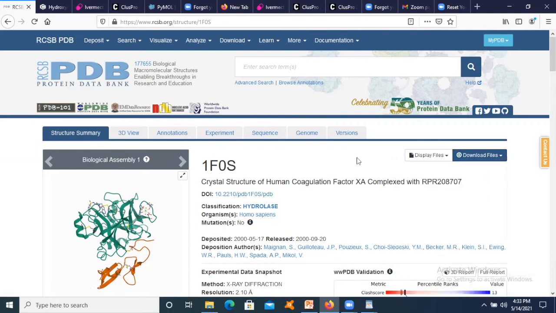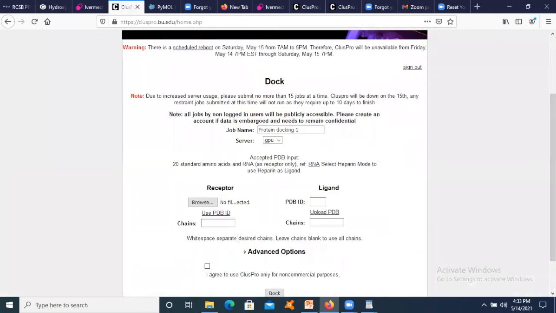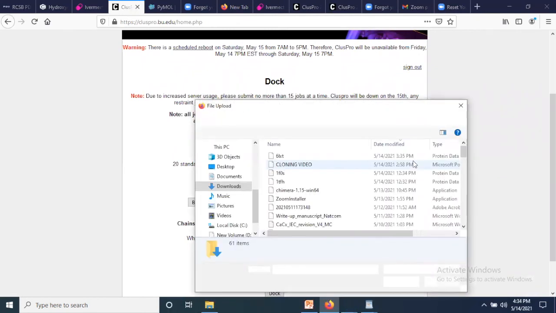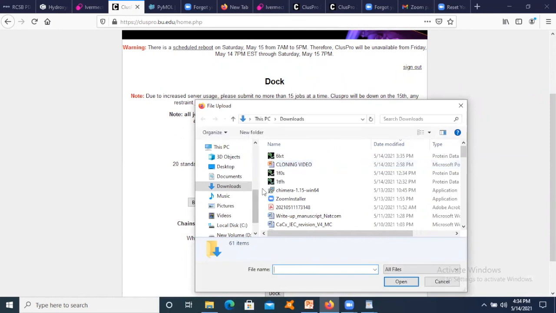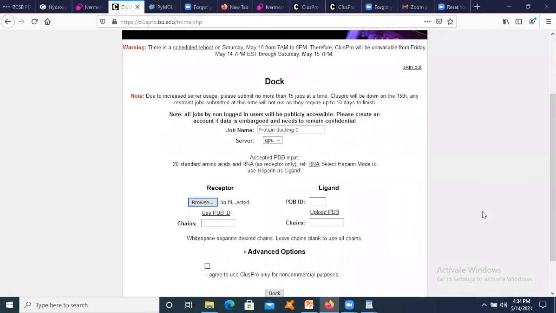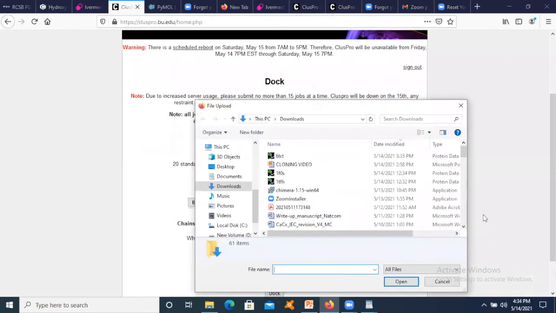Okay. Now, once we have done that, the next thing we will do is upload the files here. We'll consider the first file, 1F0S, and then also upload the ligand file, 1TFH.